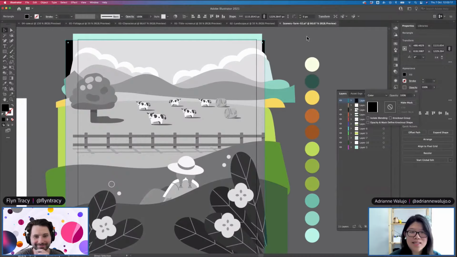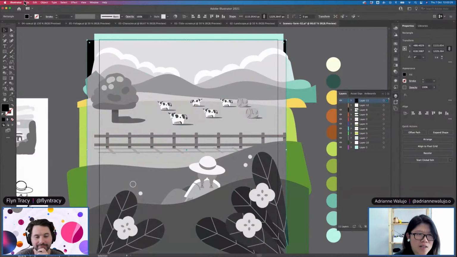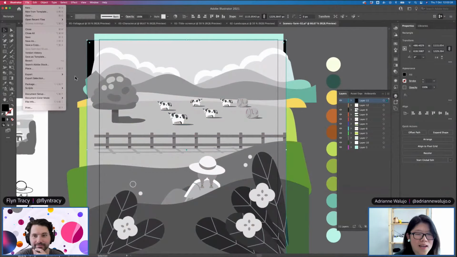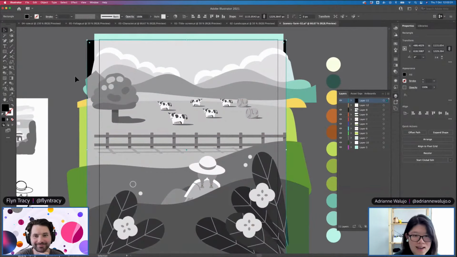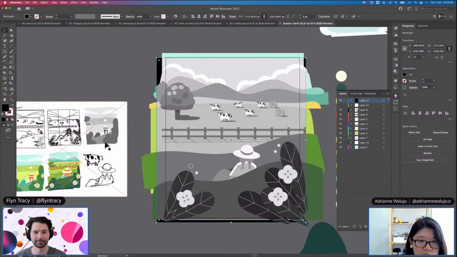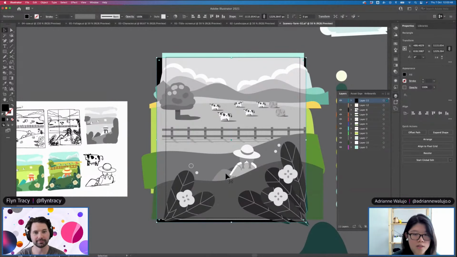Yeah, it's kind of like making it grayscale. I know how to do it in Photoshop, but I was not sure how to do that in Illustrator without changing the mode. So I used this rectangle, and when I was doing the sketch, I had an idea of what it looks like. So I was just making sure that the contrast is there, but some things change, like the grass, so making sure that the value matches up. Before, when I was editing, I noticed, for instance, that the pants have the same kind of grayness. So to make it contrast, I have to change the color. So that's how I do my final check.